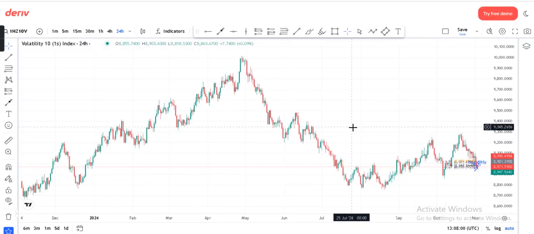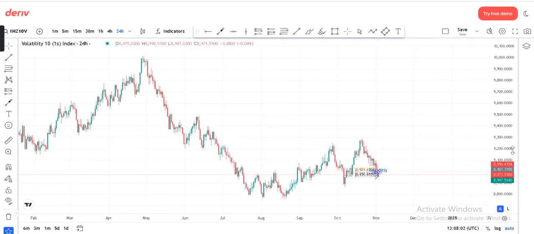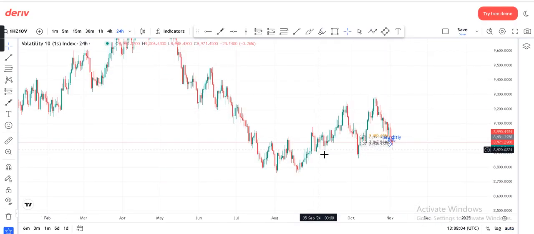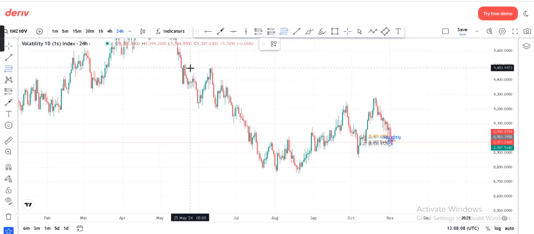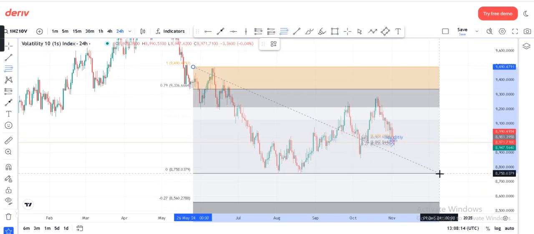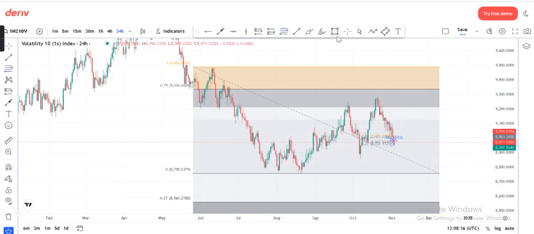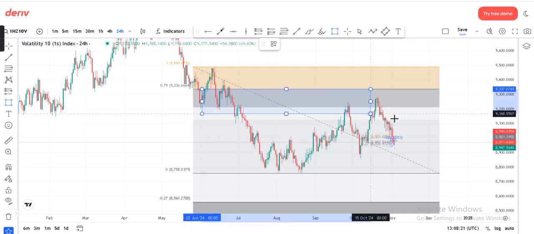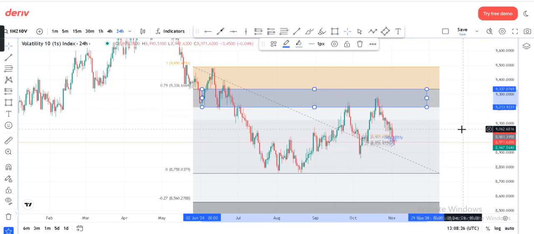Looking at the chart, we clearly understand that we are looking for sell buyers, and how did we get that? We placed our zone from this particular level, from the swing high to the swing low, and then we saw the market has actually tapped into our level after we got liquidity grab and break of structure. Market has tapped into our level at this point, and we are clearly anticipating for market to drop from this